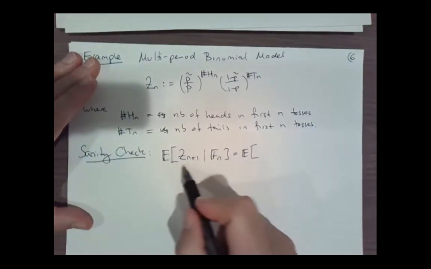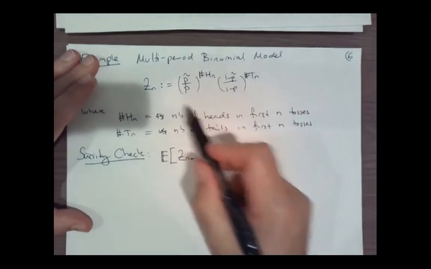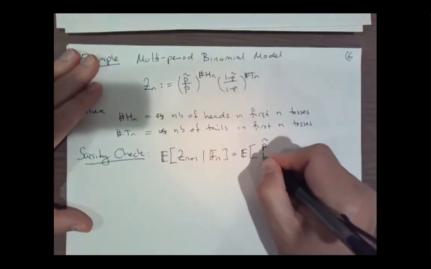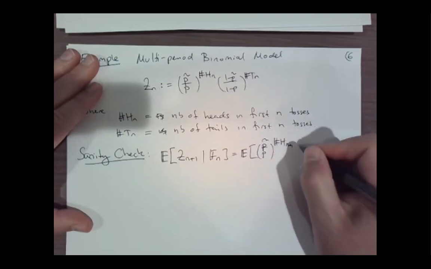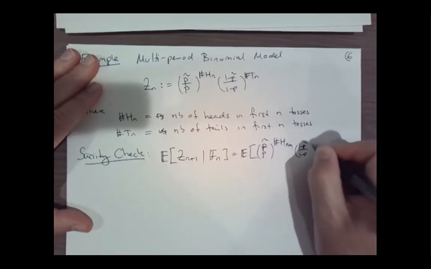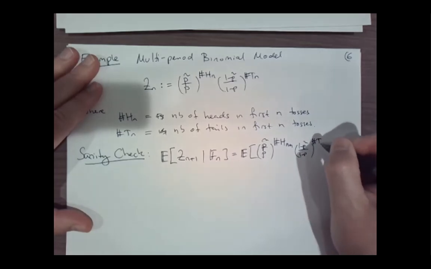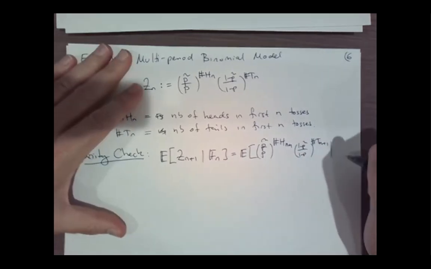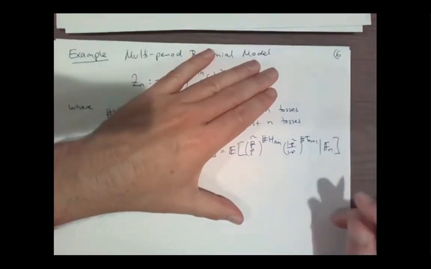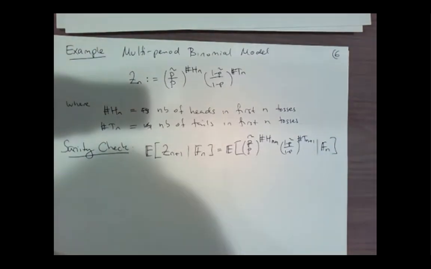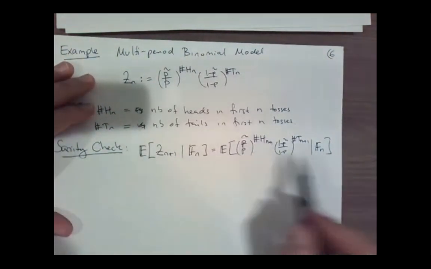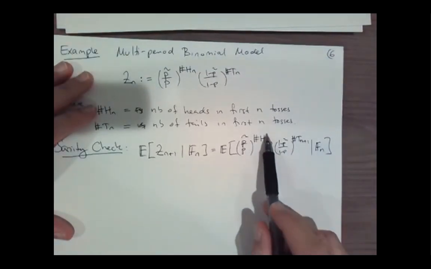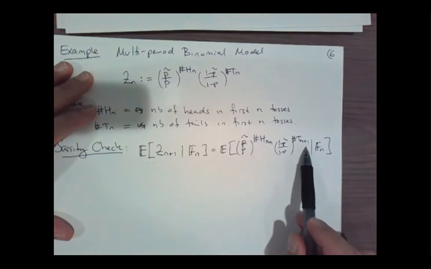Then we'll plug in Zn plus 1 here. So that's the mess we have up here: p tilde over p to the number of heads in the first n plus 1 tosses now, times 1 minus p tilde divided by 1 minus p to the number of tails in the first n plus 1 tosses, given whatever the first n tosses were. So can we calculate something like this? Yeah. Whenever we face a calculation of this sort, where we have something in here that involves n plus 1 and something out here that involves n,